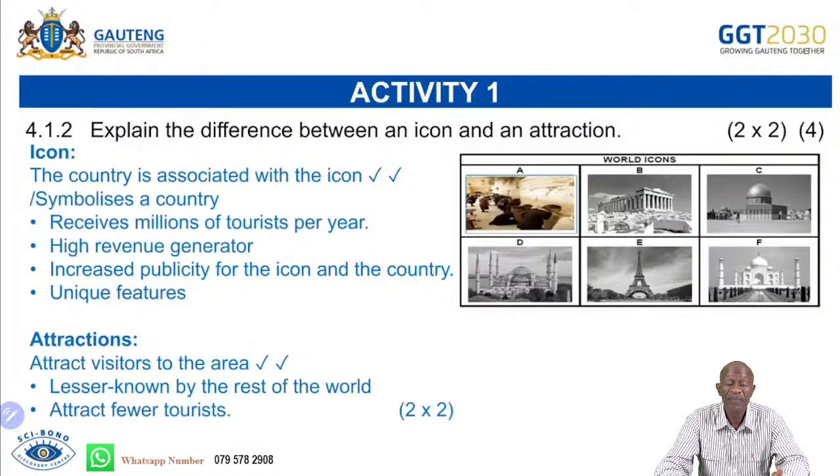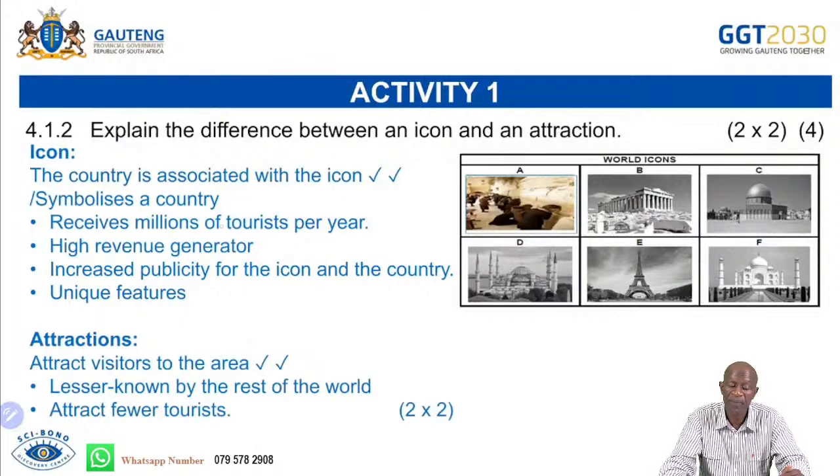An icon, the country is associated with an icon, or an icon symbolizes a country. So at some points, when you see the Eiffel Tower, you identify with the country or the city. You will just say, oh, they are talking about France. So the country is associated with the icon, or an icon symbolizes a country, and that will earn